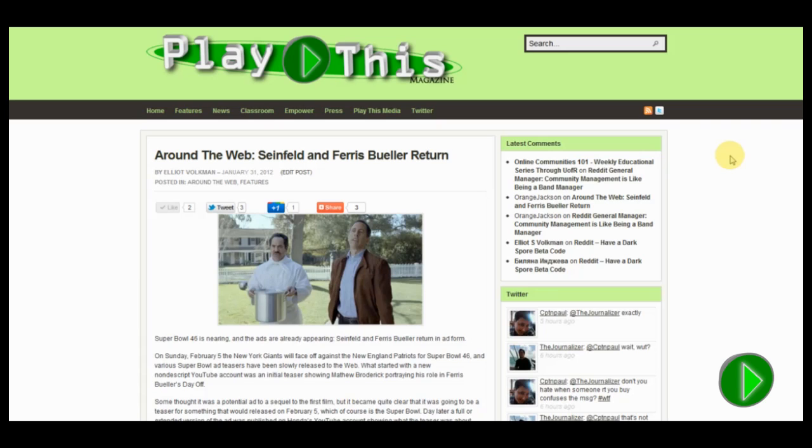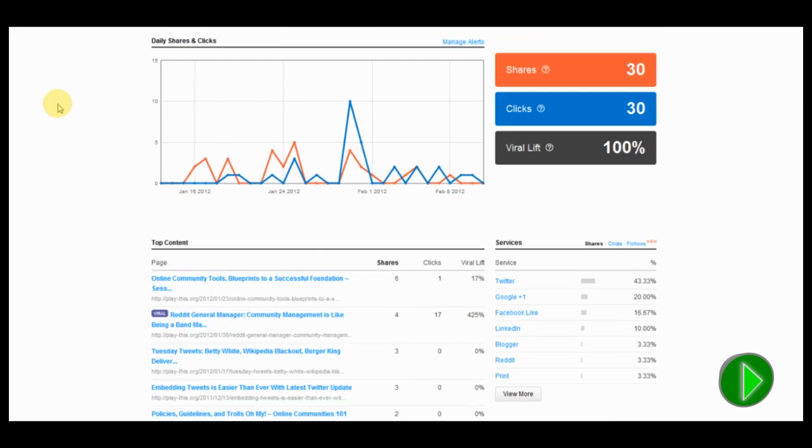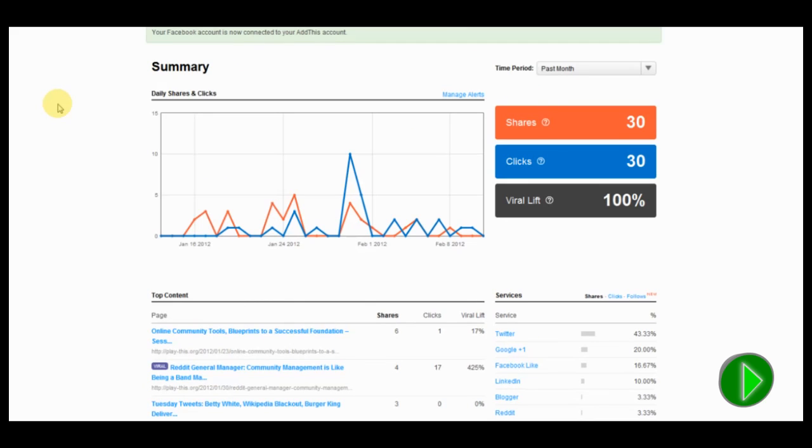Now, another example of internal analytics is going to be using your add buttons or your social share buttons. So for this particular website, I use a plugin called Add This. It's pretty small, easy to use, and the best part of it is it's got analytics built right into it. So if people are going to be sharing your content, not only are you going to be able to see the numbers just by going to the article, there's a nice little dashboard that provides you a bit more detailed information.